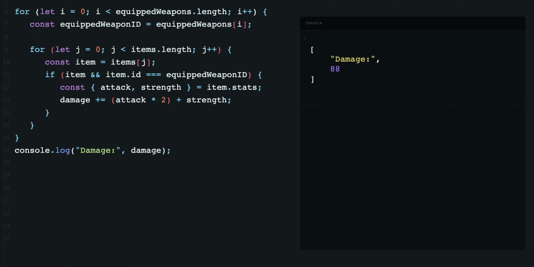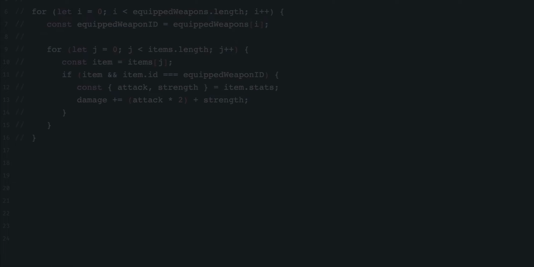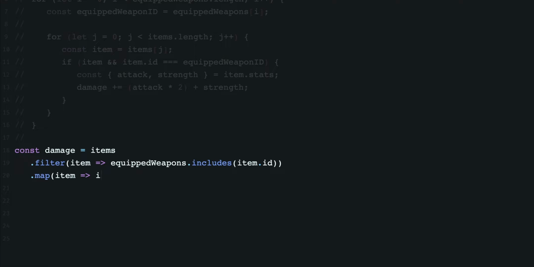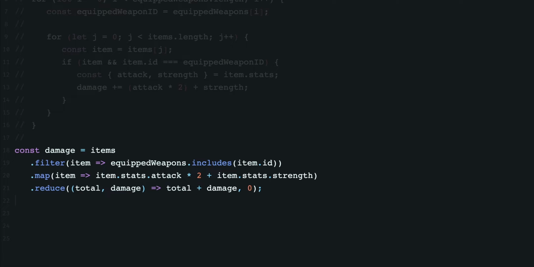Now that we have a sense of the process involved, let's try to simplify this again. We'll start by using the filter method to narrow down the inventory array to only the equipped items, and then use map to get the damage value of each equipped weapon. And finally, we'll use the reduce method to sum up all the damage values of the equipped weapons and get